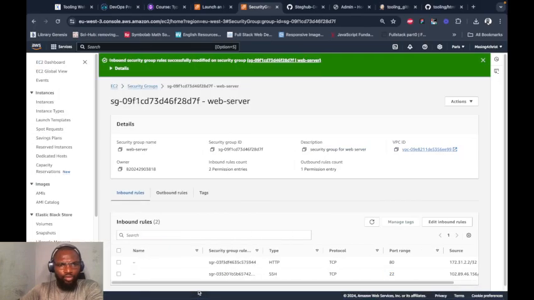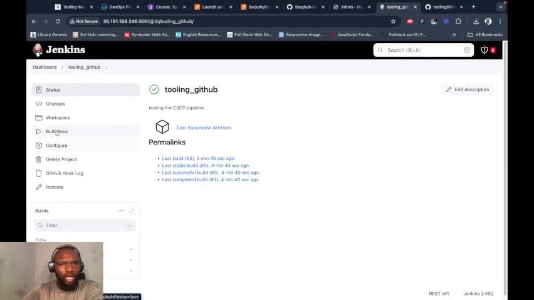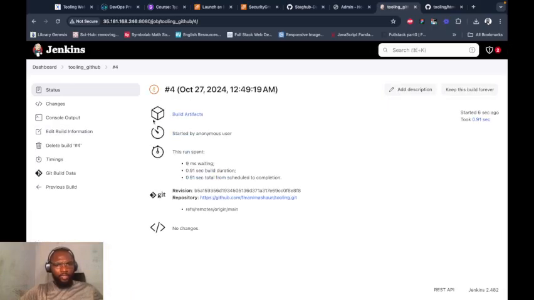So based on this, if you go back to your Jenkins and you try to build, right? Now it's going to fail, and if you check the console